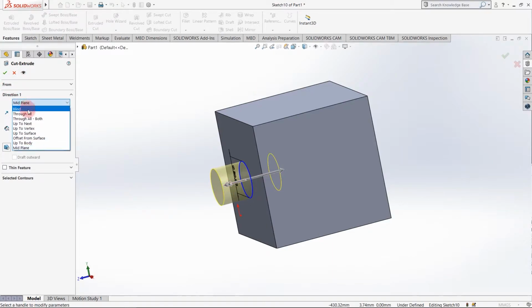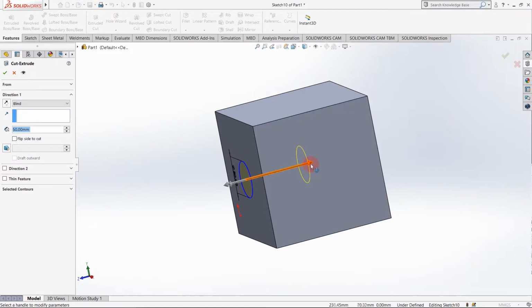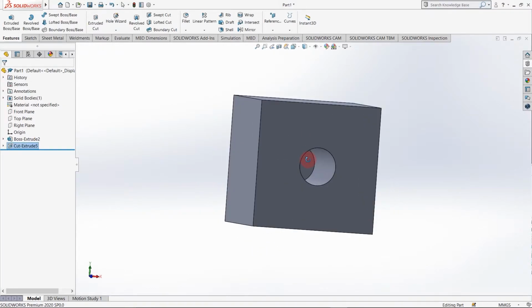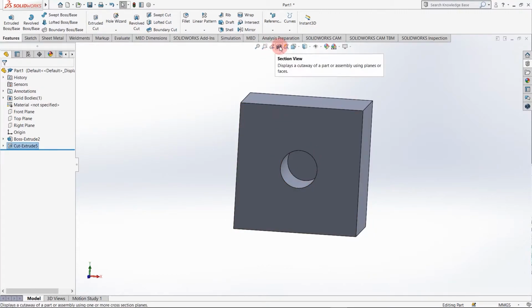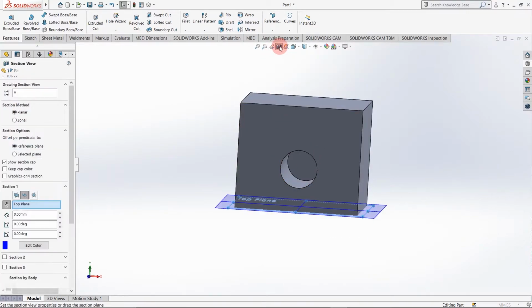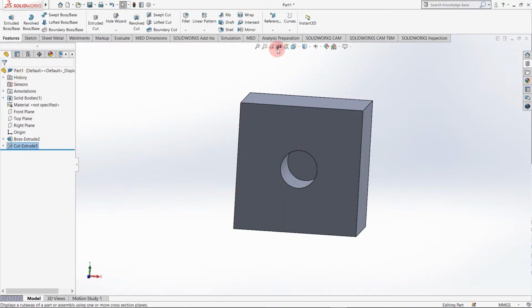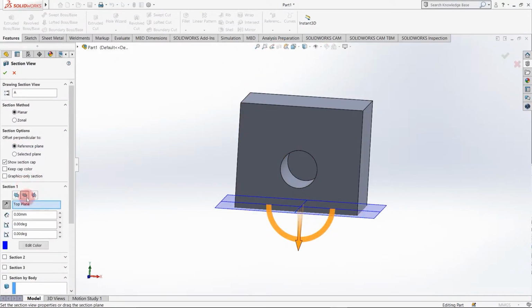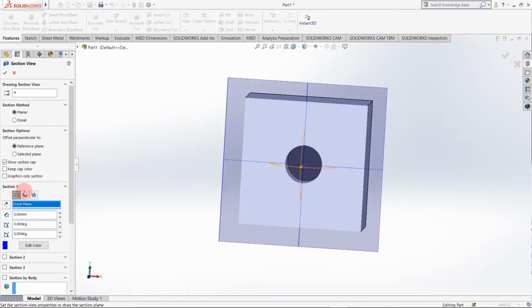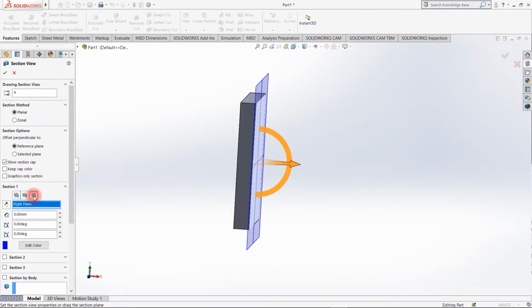For this I am just going blind and dragging this arrow. For checking the depth of the hole, you can click section view. The section view icon is here. I want a view parallel to the front plane, top plane, or right plane.